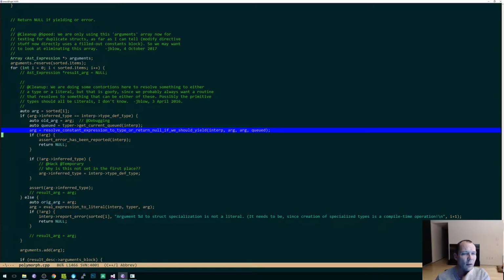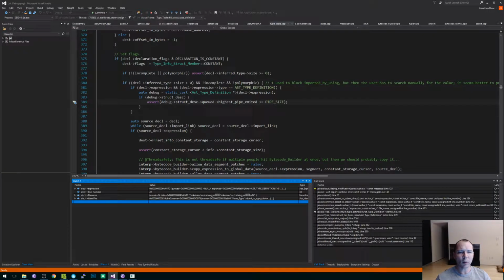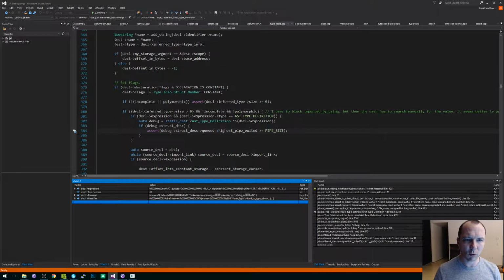Okay, here's the thing. This thing here should have yielded if a type wasn't ready. So what we're getting here is, look, this thing is a struct, and it's still in infer. What the hell are you doing, guys? This struct is still in infer. Why are we trying to size somebody else when we don't know what the type of one of its constituent components is? So we should have caught that. So the question is, why didn't we catch it?